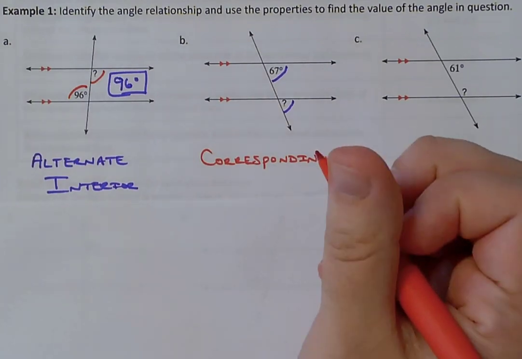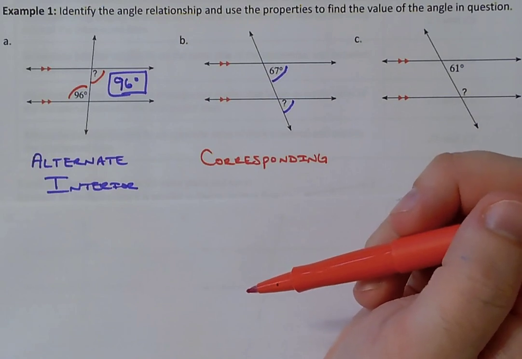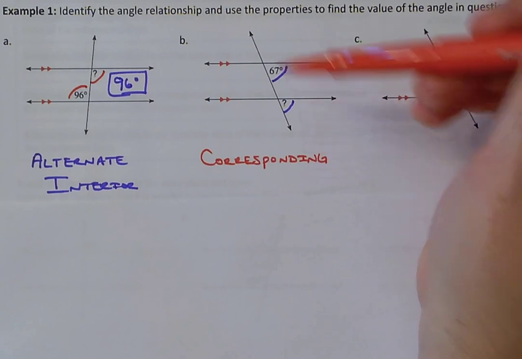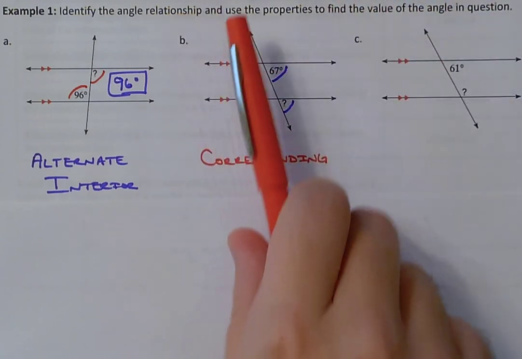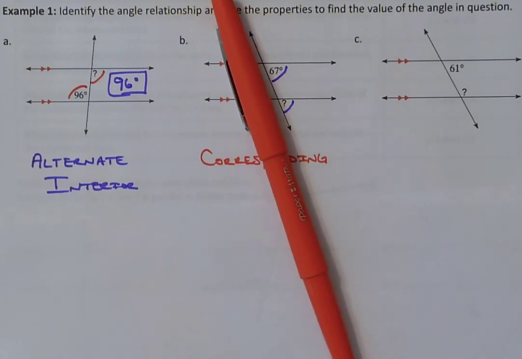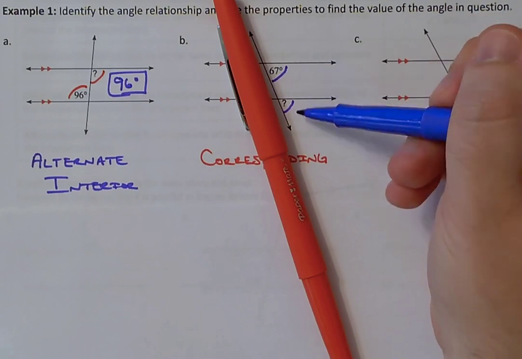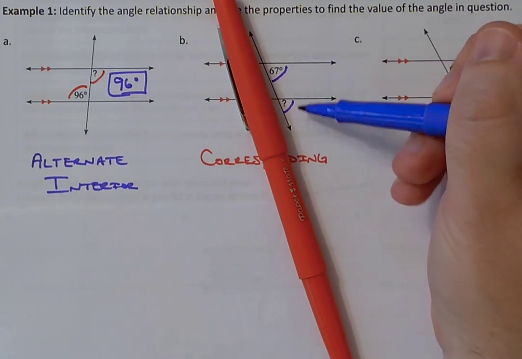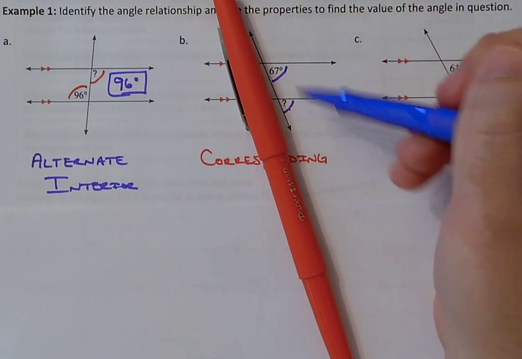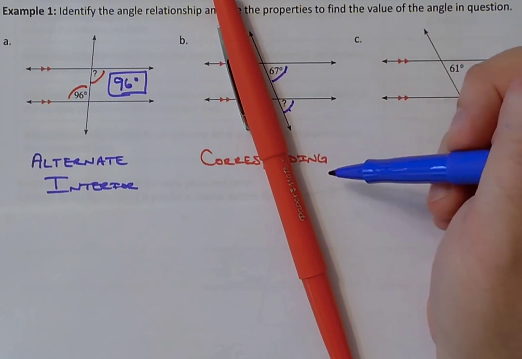Because out of the 3, the corresponding is the only one where both of them are not in between the parallel lines. So, the reason I know these are corresponding is because they are both on the right side of the transversal. So, 67 degrees and the question mark are on the right side, and they're both below the parallel lines. So, same side of the transversal, on the same spot of the parallel lines. That makes this corresponding,